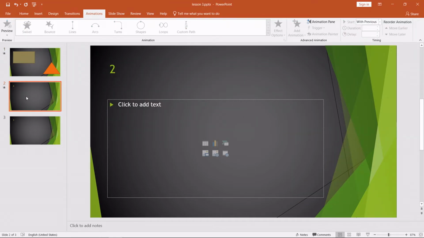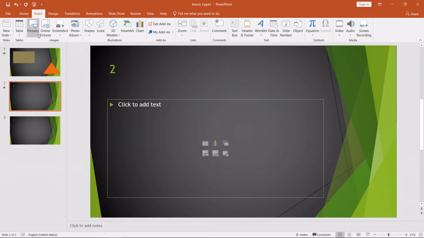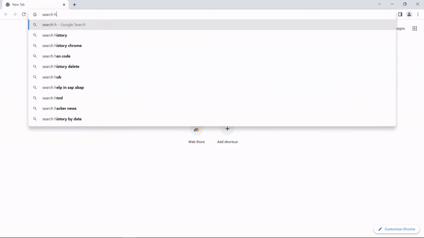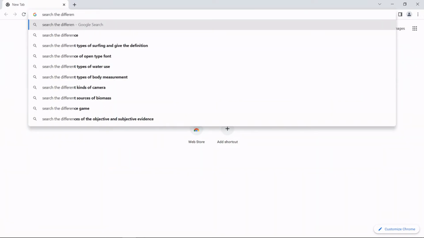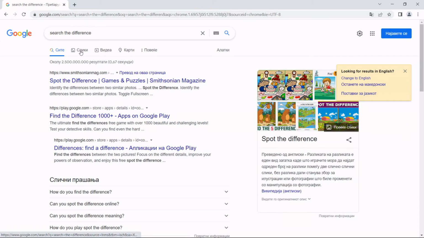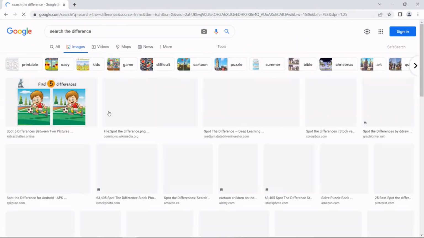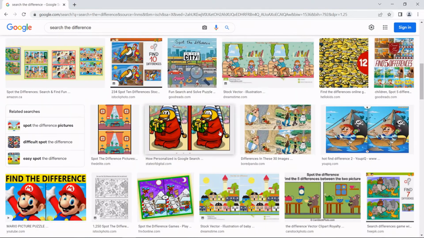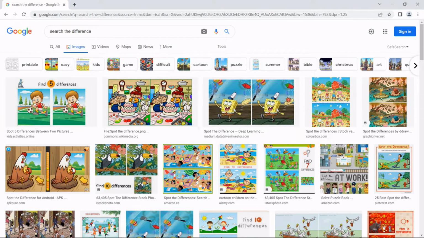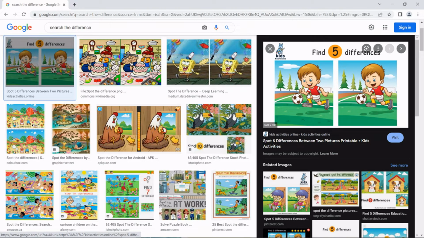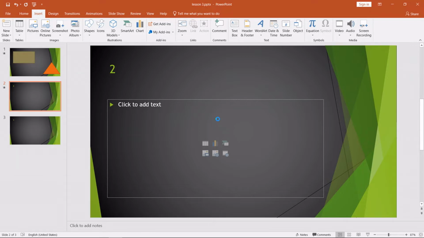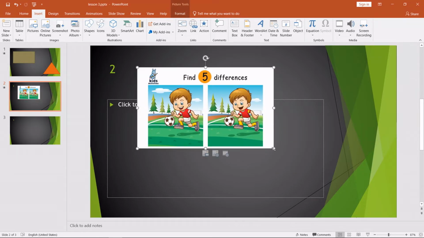Another thing you can do is, for example, add animation to pictures. Let's add a picture from the internet. Let's go to the internet, then search spot the difference. Let's do this one. We'll copy the image, go to our PowerPoint presentation, paste it, make it a little bigger,